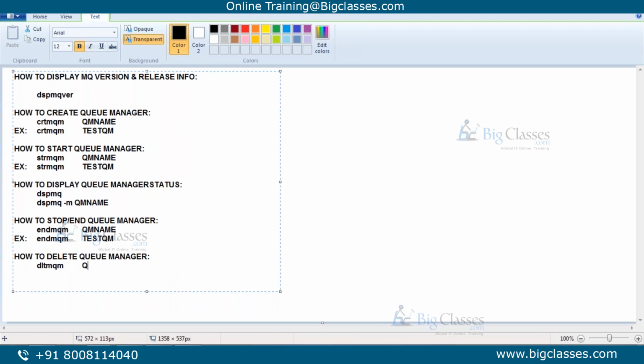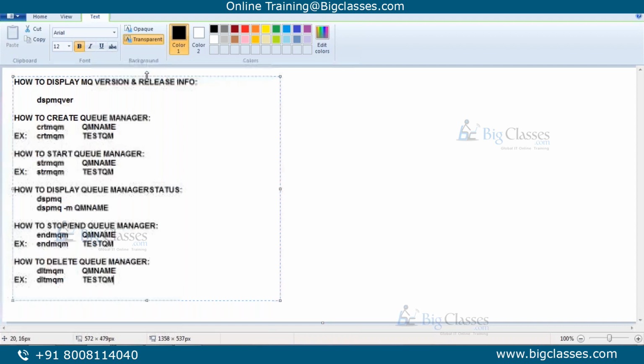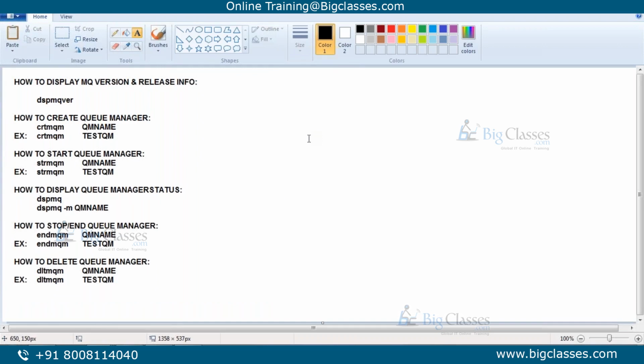Let me stop you here. I did all these operations for trying it out, but there were some errors. It did not clean the files correctly. So how do you deal with that situation? See, if you bring down the queue manager, sometimes a few processes will be alive in the background. So we always have to find orphan processes of that particular queue manager and kill them. Then only we can restart the server.